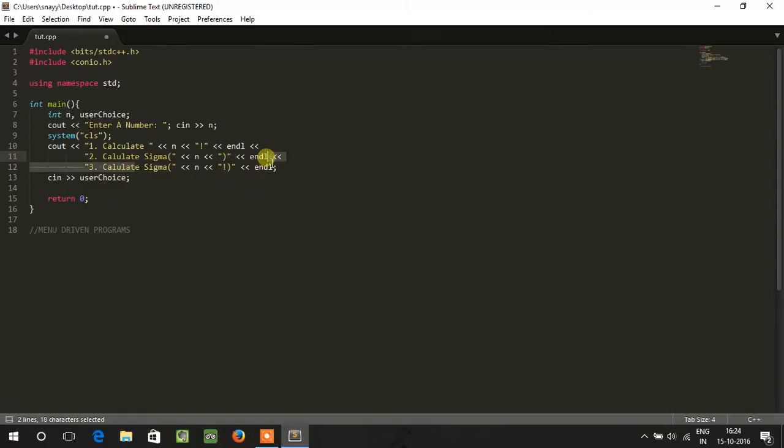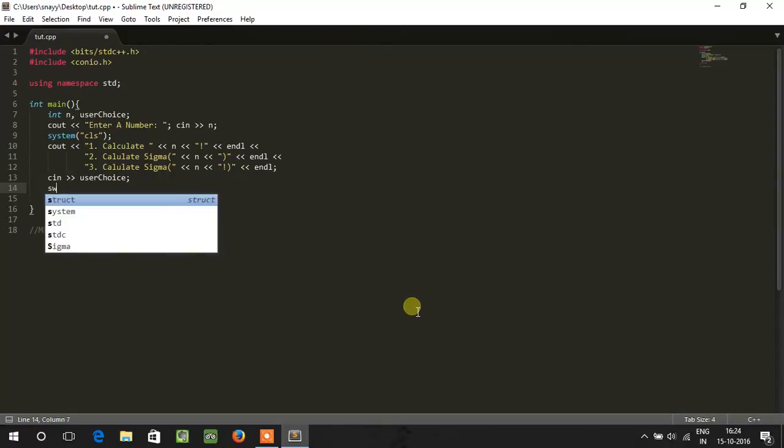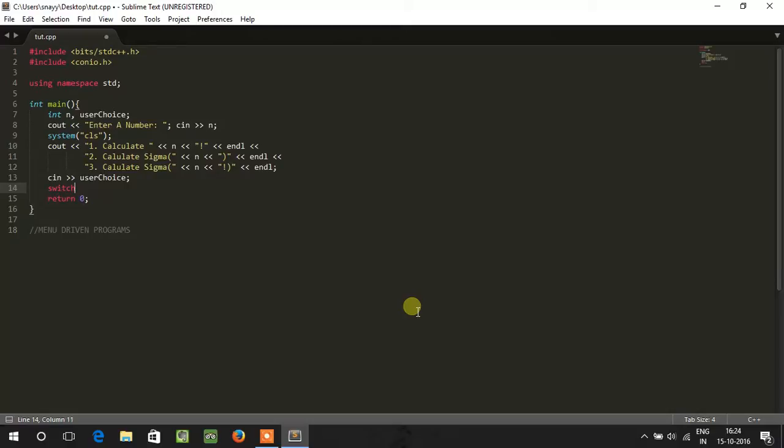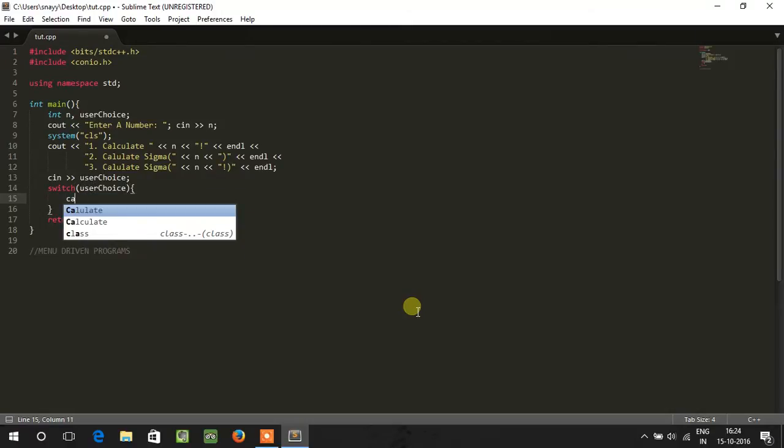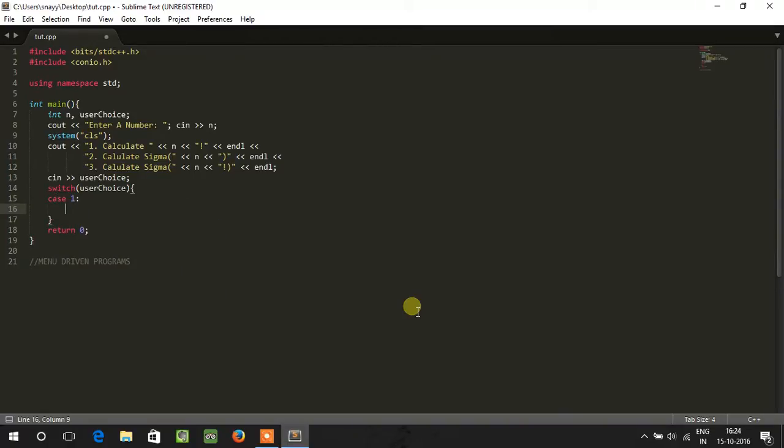If it is 3, I use the function to calculate sigma n factorial. So as a switch of user choice, case 1, which means if it is 1, I want you to execute the function which is